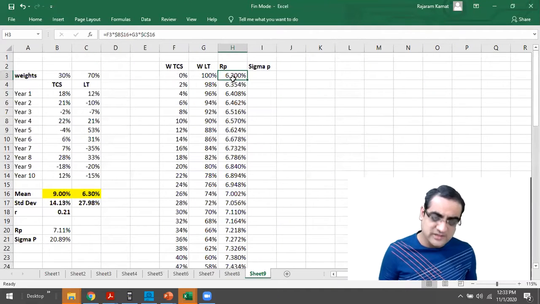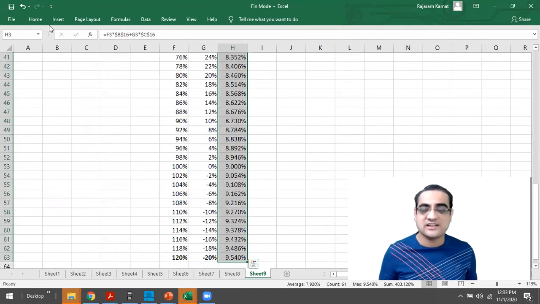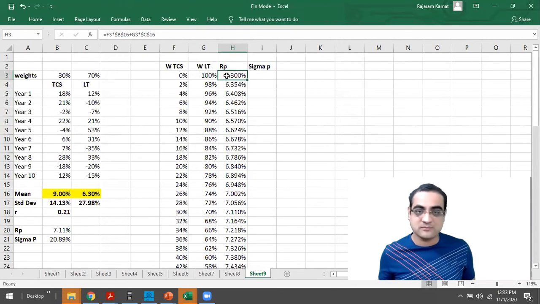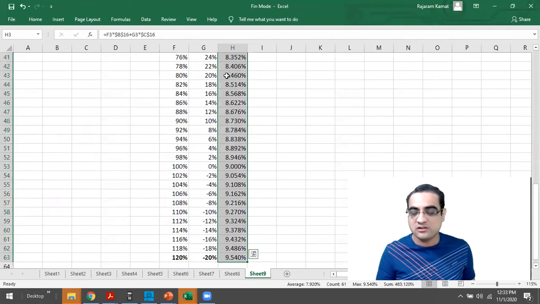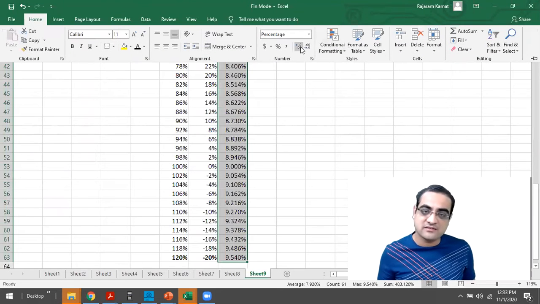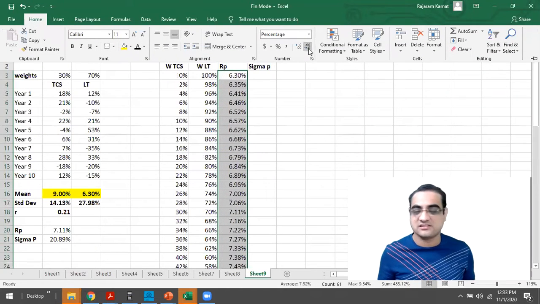Again, I'm okay with 2 decimals. I don't want the 3 decimals. So I'll select the complete data. By the way, how do I select the complete data? That's actually basic Excel. I'm going to the first cell, Control Shift downward arrow. I repeat, Control Shift downward arrow. So you can select the complete data, go to Home, and then do like this. So you'll get the 2 decimals.